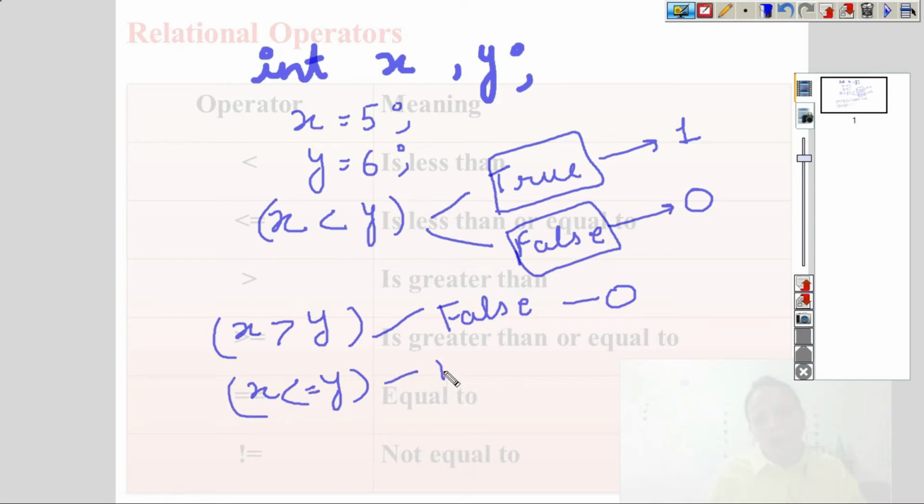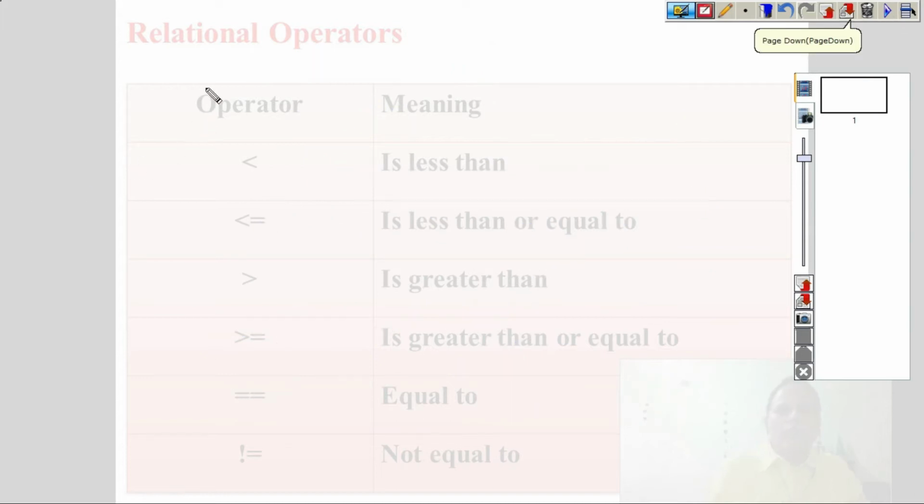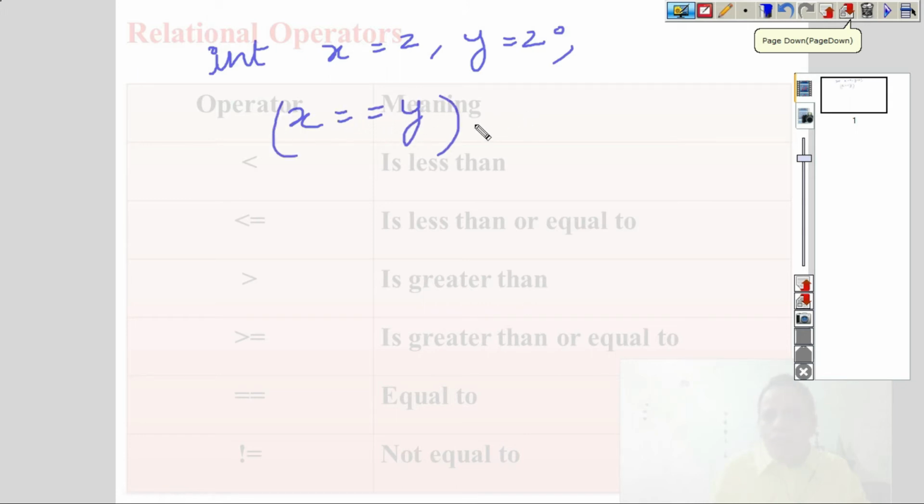No, then the result will be false. Similarly, we can check x double equal to y, is x equal to y? It will be false. For example, if x is equal to 2 and y also is equal to 2, and I want to check x equal to y, this will give us true. It means the answer will be 1.